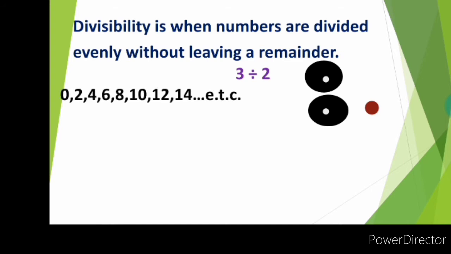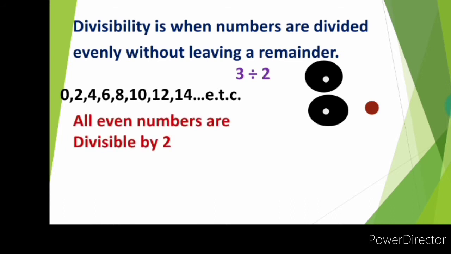So for us to know the basic rules, let's look at one of the rules here. All even numbers are divisible by 2. What are even numbers? Even numbers are numbers that end with 0, 2, 4, 6, 8. So any number that ends with 0, 2, 4, 6, 8, just know that such a number can be divided